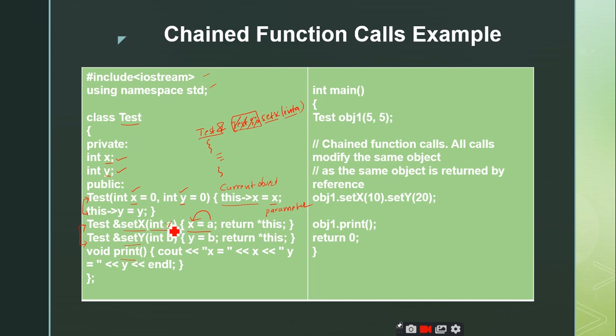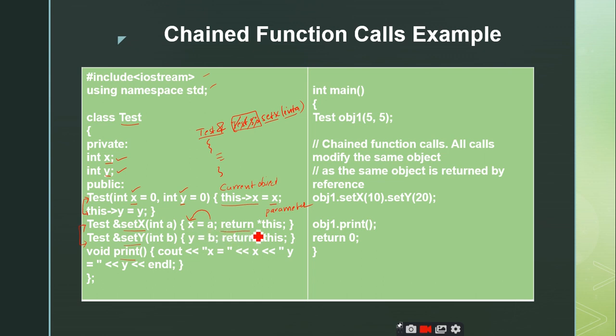But if you take this a as x, then what is the modification you have to perform here? Instead of a, I am taking it as x. For that, what do I have to do? This arrow x equals x. So you are clear about this concept, and I am not going to discuss that one. So in this particular set x function, I am just assigning the value of a, which is accepted as the parameter from the user, to the data member x.